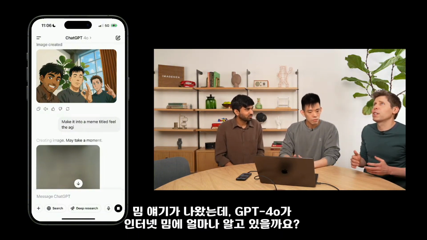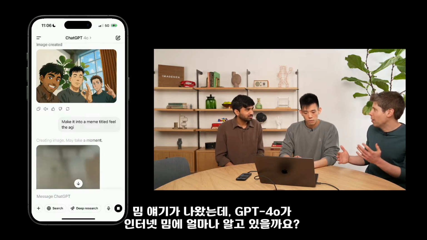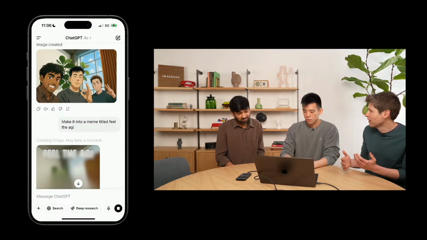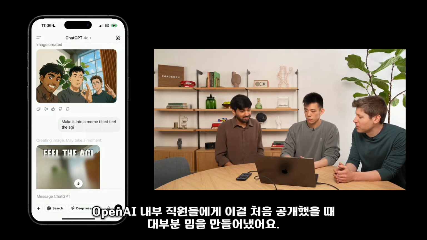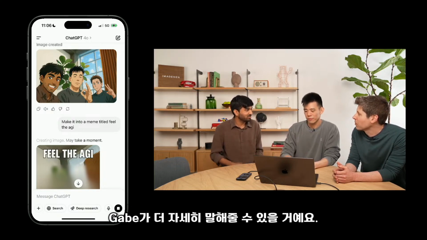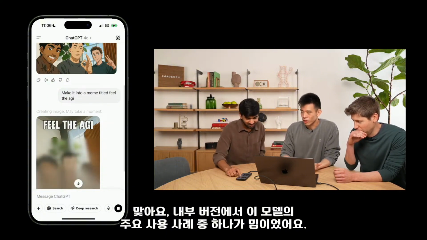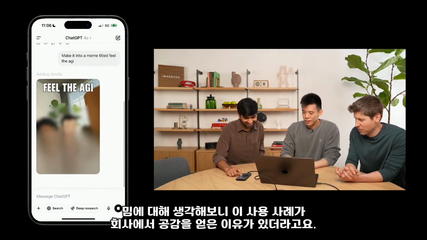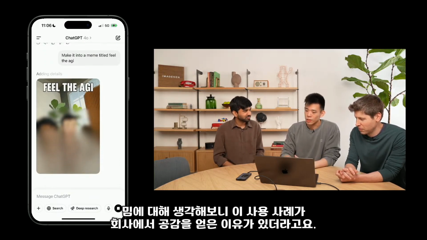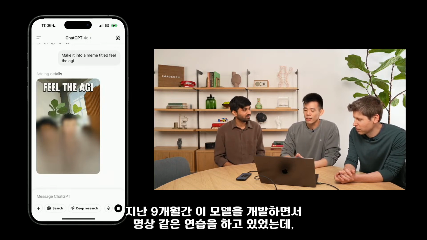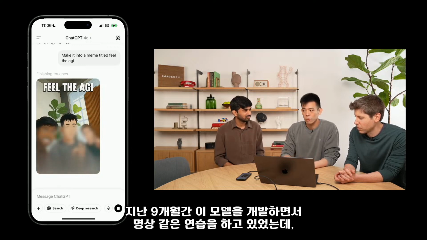Speaking of memes, how much do you think 4.0 knows about common internet memes in general? I think it knows a lot. And in fact, when we first put this out to people inside OpenAI, most of what we got was memes from people. Maybe Gabe can tell you more about that. Yeah, memes were one of the number one use cases for this model in our internal version. And I was just thinking about memes and why this use case struck a chord with the company. And what I realized is that, in the last 9 months as I've been working on this model,